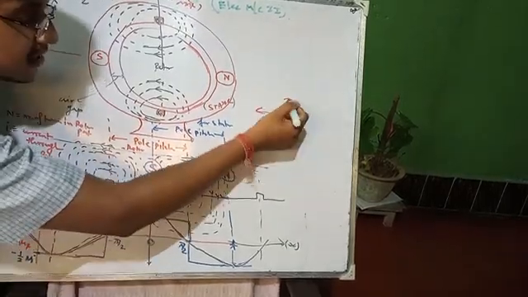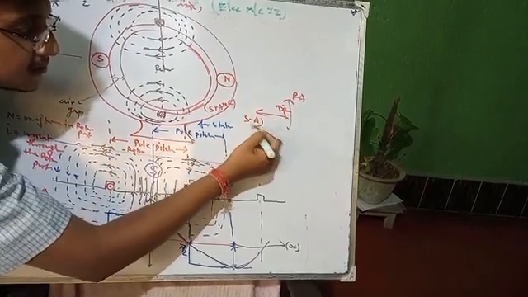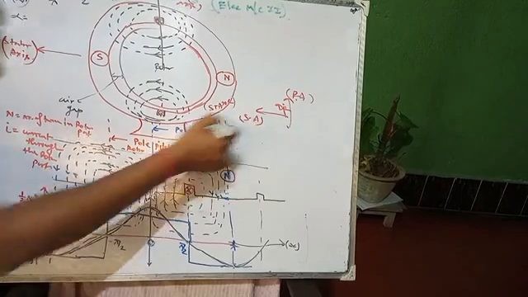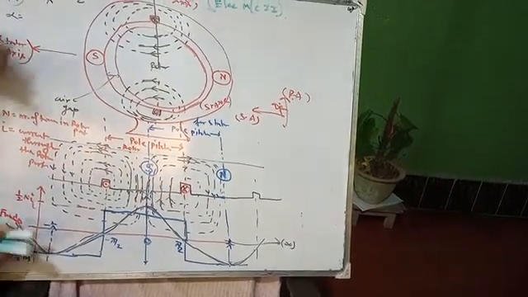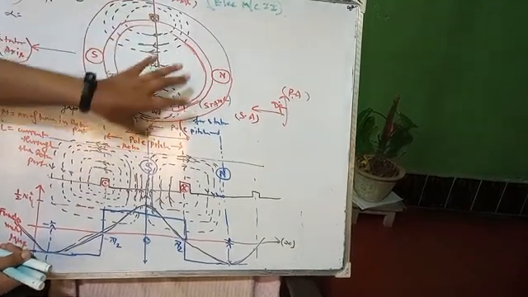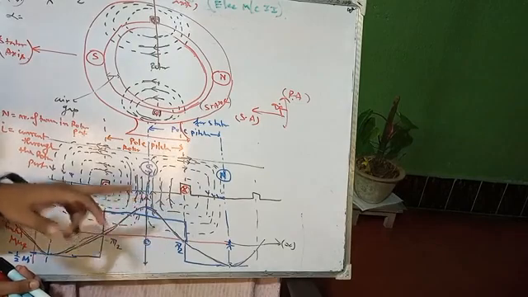Stator axis and rotor axis are in quadrature, always 90 degrees. Always remember, the angle between the rotor axis and the stator axis is always 90 degrees. So at the rotor axis, the generation of flux or the linking of flux is always 0. It is a very important concept.